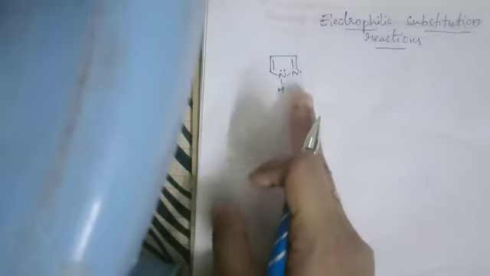So always I told you in the electrophilic substitution reaction the pi electrons are involved, that is the pi bond or the pi electrons are involved. So it reacts with the electron rich pyrrole. Electron rich pyrrole behaves as the nucleophile here. And what is the first electrophilic substitution reaction? It is